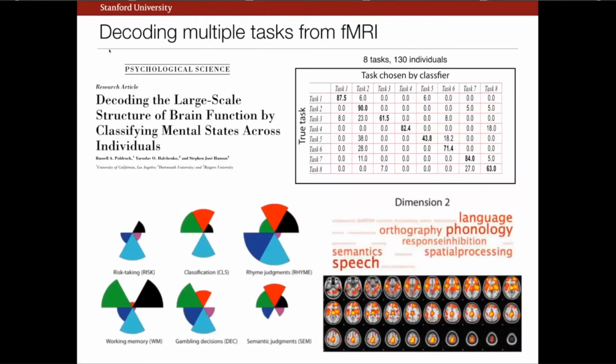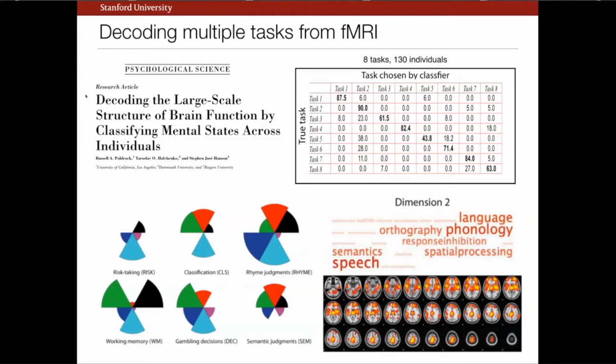Now, we started doing this a long time ago. This is our first paper from 2009, with Steve Hansen and Yara Kalchenko, where we looked at people doing a bunch of different tasks, and we basically said, can we decode what task an individual is doing, based on a classifier trained on other people's brain activity? And then we ask further, can we decompose what's going on there by saying, we think that these different tasks are related to different cognitive functions, but we didn't really come up with a very deep decomposition of what was actually going on in those